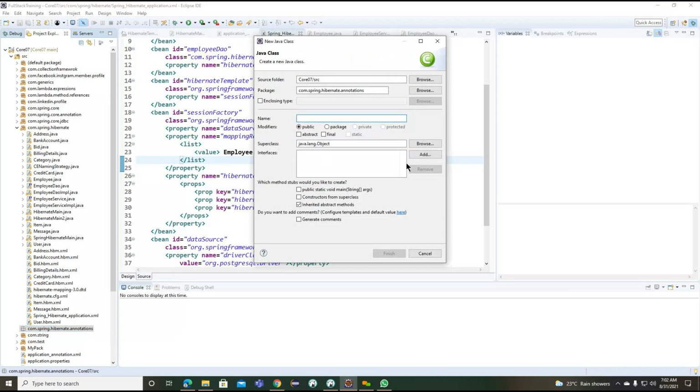Just as with the application property file we created, this class will indicate the bean related configuration, something called SpringHibernateConfiguration, not the application configuration file.